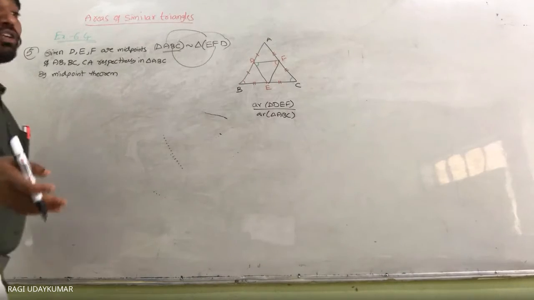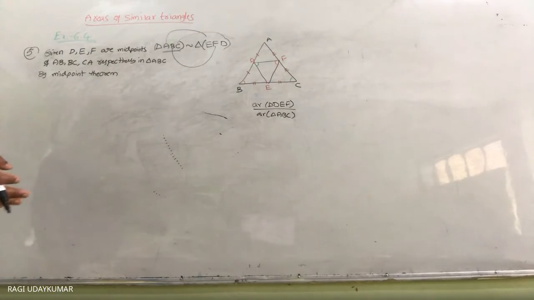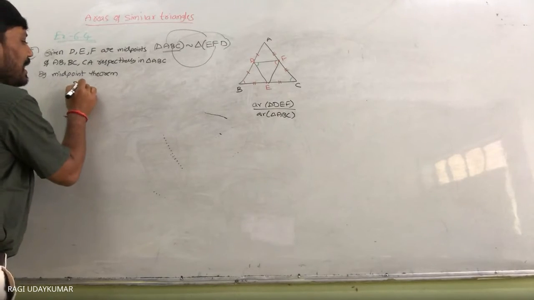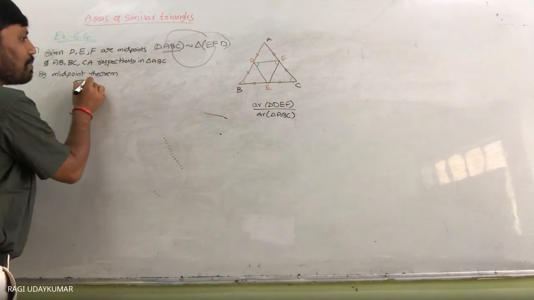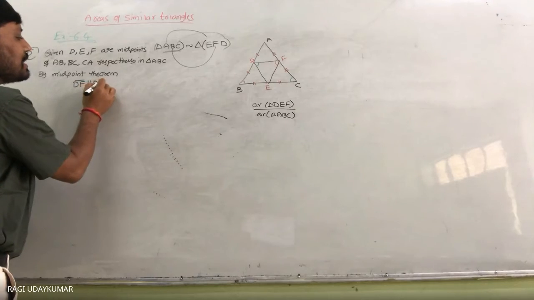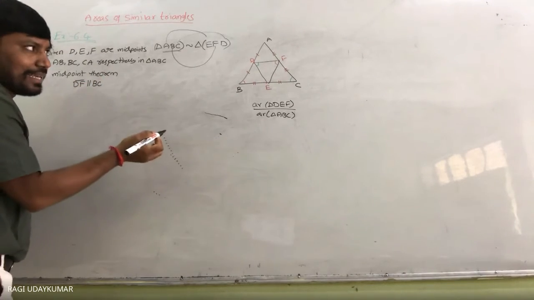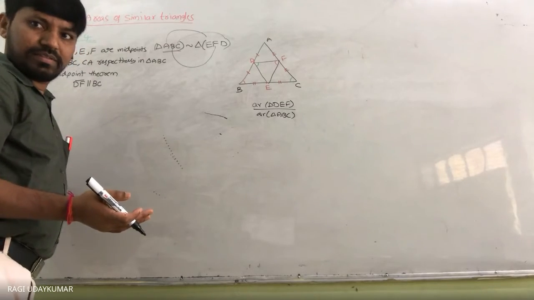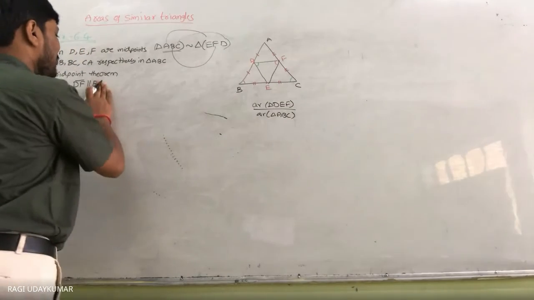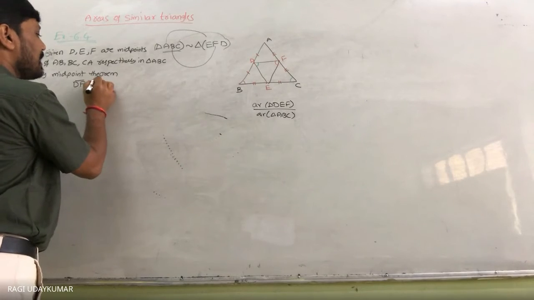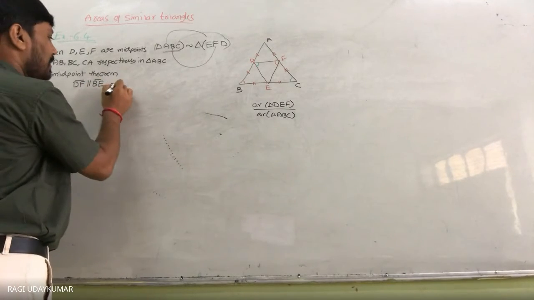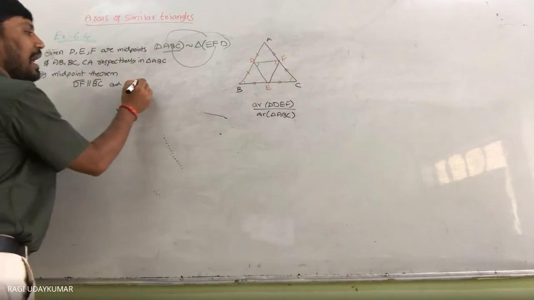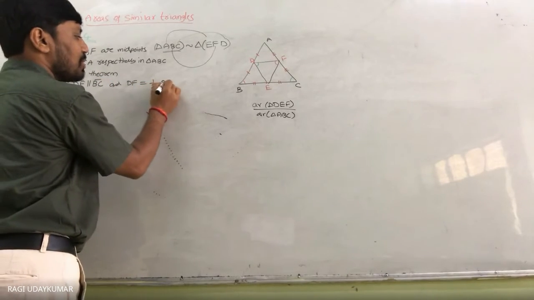But actually, by the midpoint theorem, you can say that DF is parallel to BC. BC लिख सकते हैं और BE भी लिख सकते हैं, isn't it? BC भी लिख सकते हैं, BE भी लिख सकते हैं, and DF, okay, BC only right, and DF is equals to half of the BC,